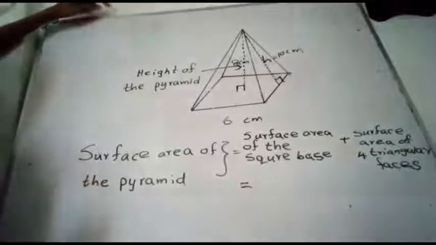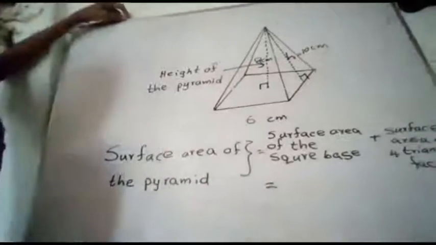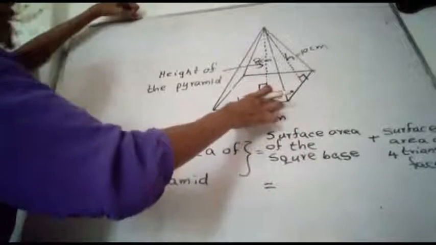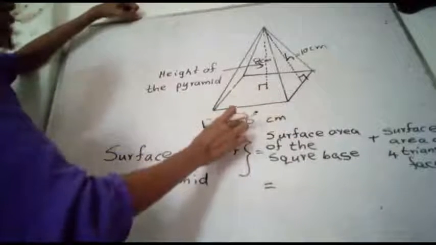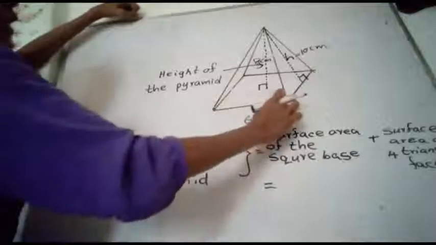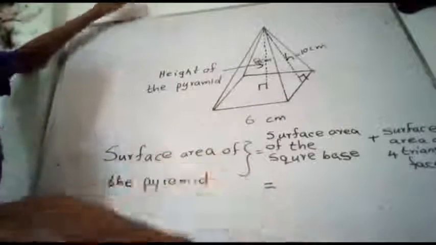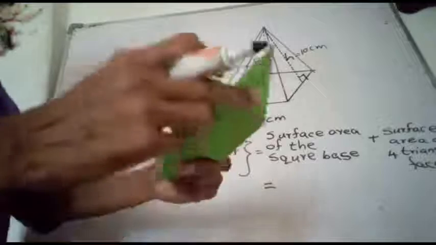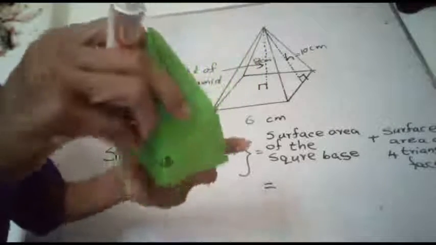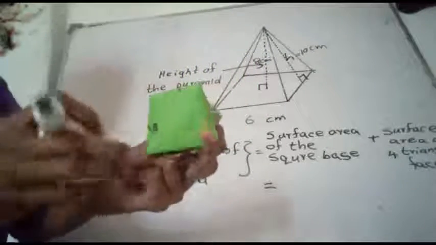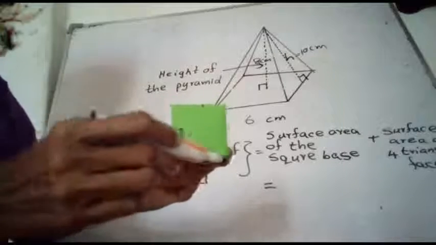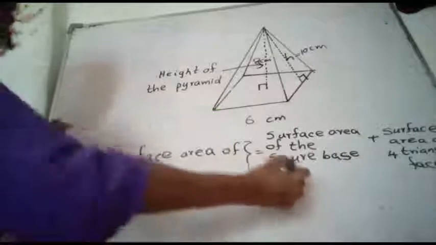The side length of the base is 6. The base is square in shape. Area of a square is equal to side length multiplied by side length. 6 times 6